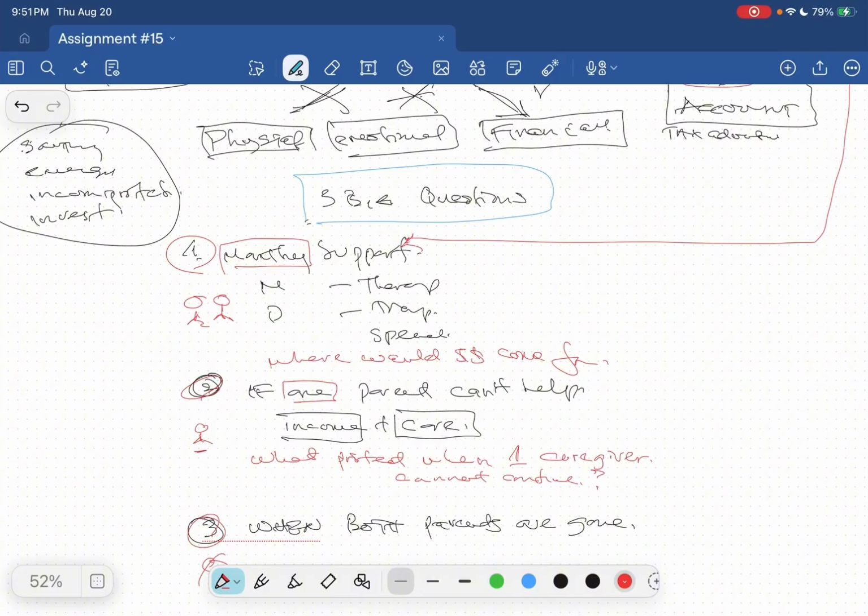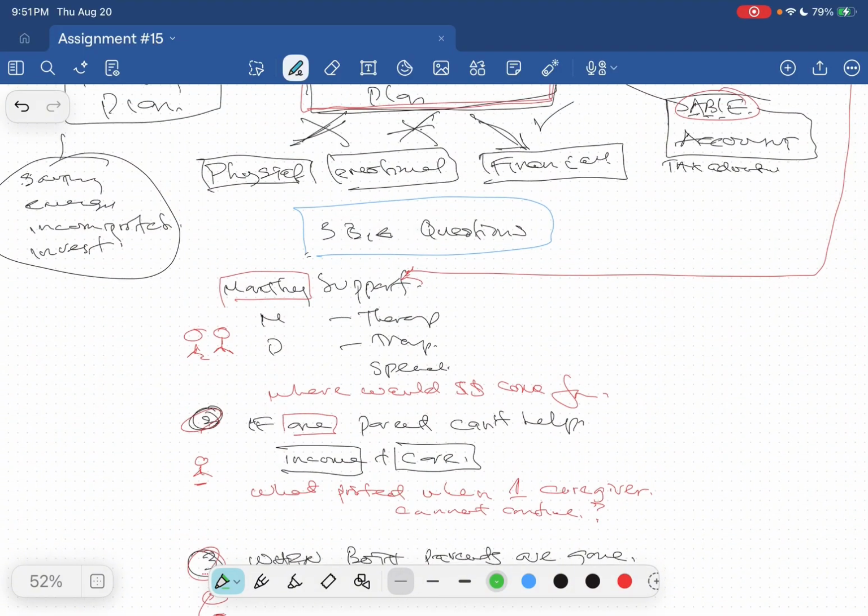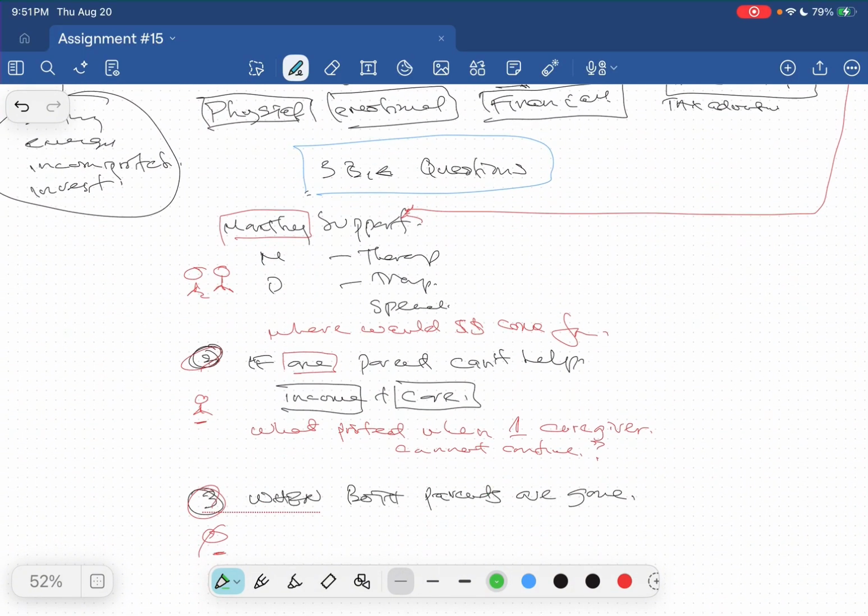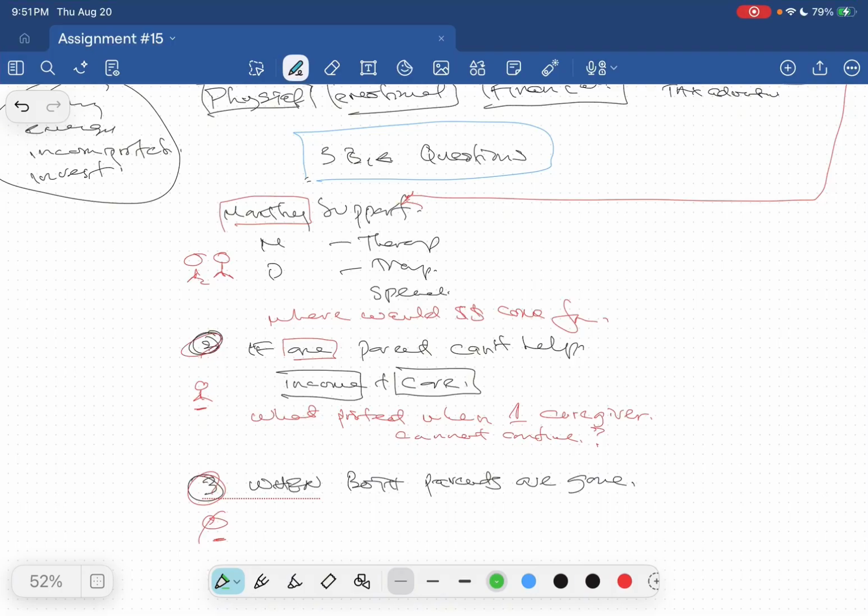So, possible strategies that we need to review with these three problems that we just identified. Let's look at the first problem. Problem number one: possible strategies, and what we're really looking at here is where we can have savings, income strategy, and we have monthly support